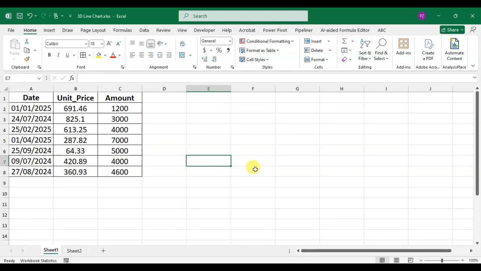Hello everyone, in this video we will learn how to create a 3D line chart in Excel. So let's start. This is my Excel and here you can see I have data: date column, unit price and